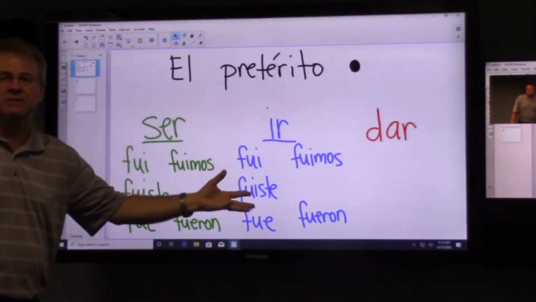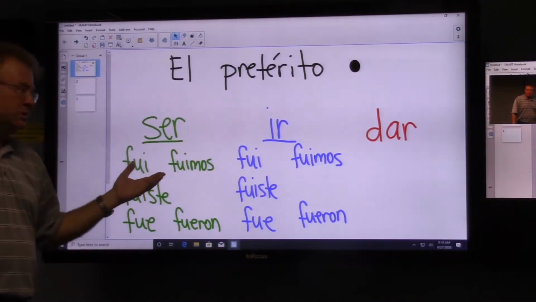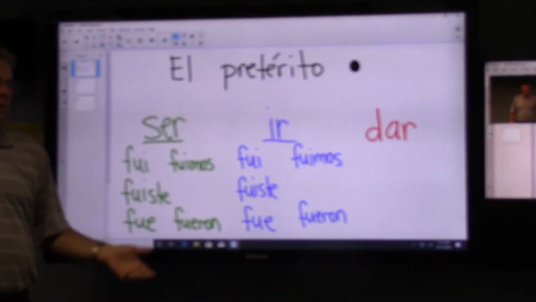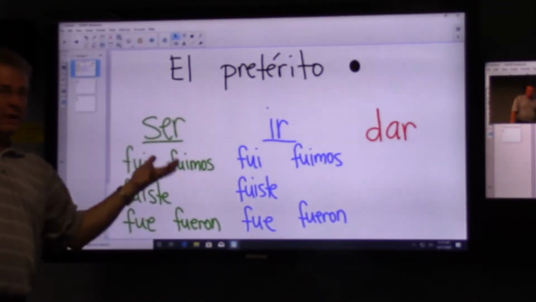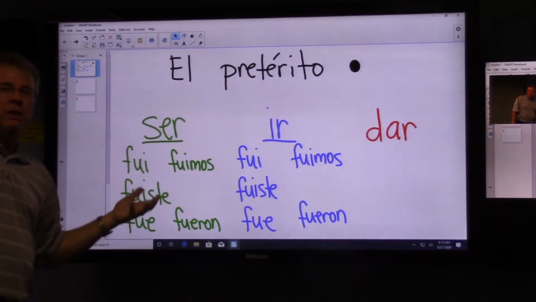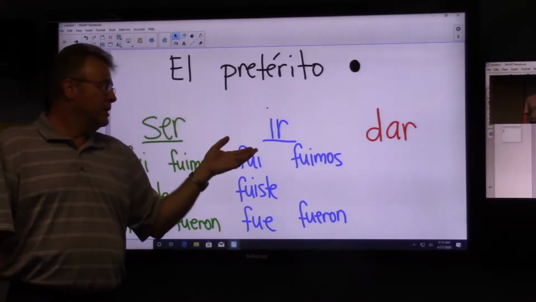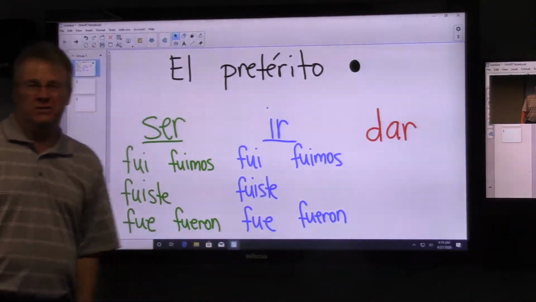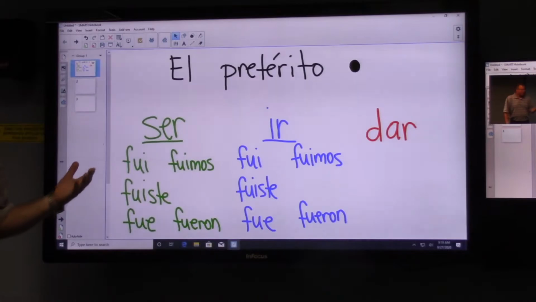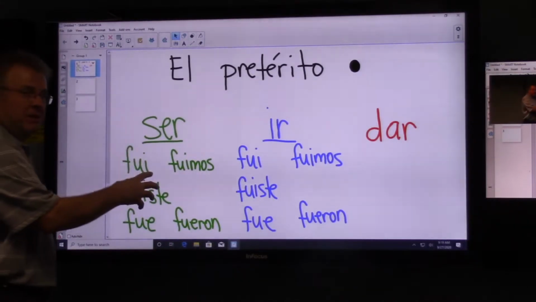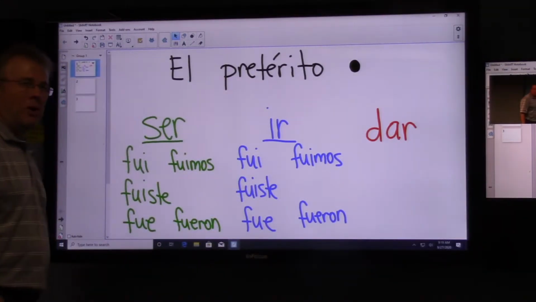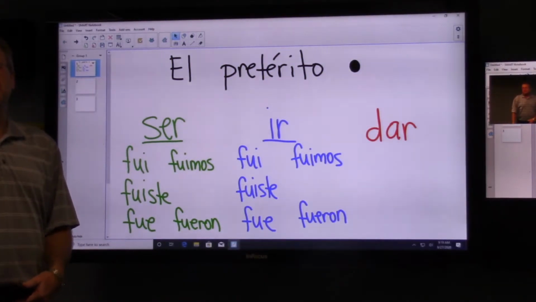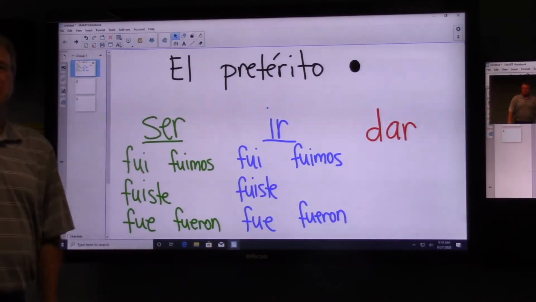Based on the context, we can distinguish if we're talking about having been or having gone somewhere, right? What we were, or what I was, or what he, she was, or you were, as opposed to where I went, or where we went, or where you went, you see? So based on the context, we can tell if we're talking about having been something or having gone somewhere. So it doesn't matter that they're the same exact words. We'll read some sample sentences here in a second, just to further illustrate this point.